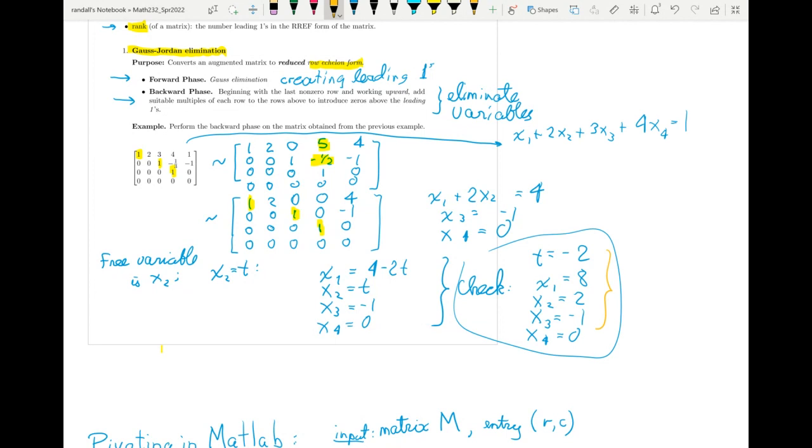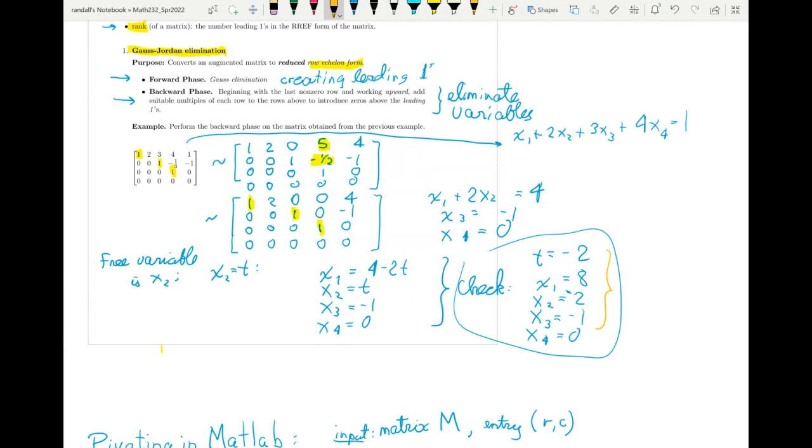Sorry, that's a minus 2 for x2, that's why it doesn't make sense. There's my minus 2. So once again, 8 for x1 minus 4 gives me 4, and then